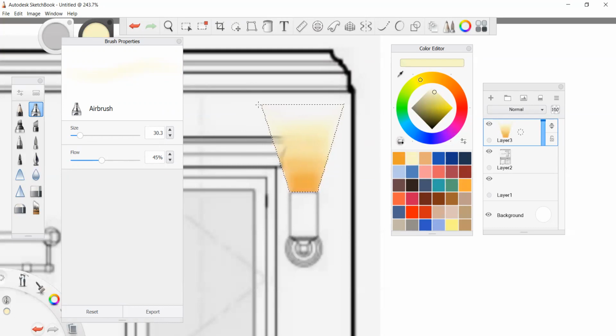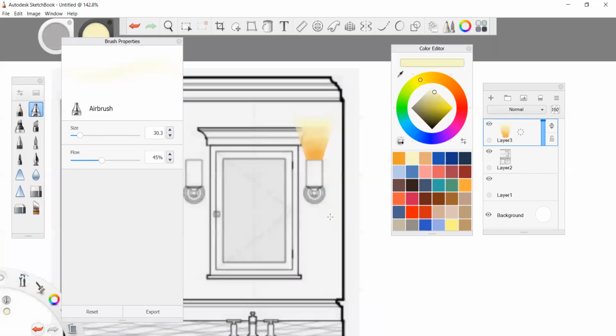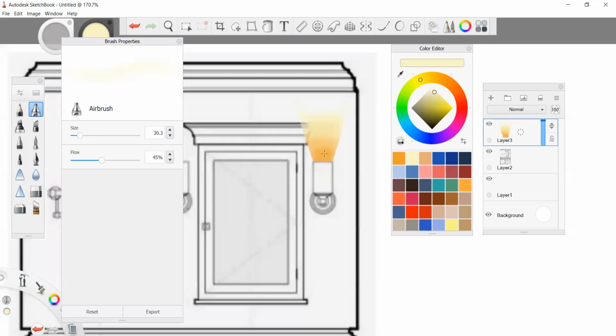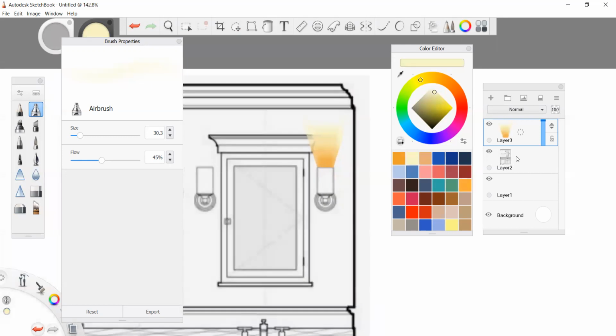So after that, if I'm happy with the way that I have created this gradient of light, I can press Control D on my keyboard, and this is going to deselect the lasso. Now I want to bring in the same effect for the wall sconce, because we assume that the wall sconce is open from both sides. So if it is open from both sides, what I can do is click here,